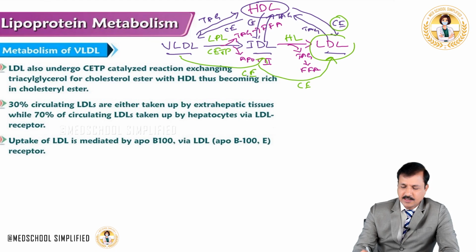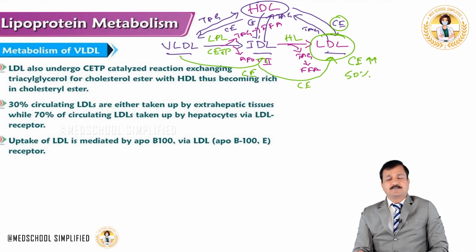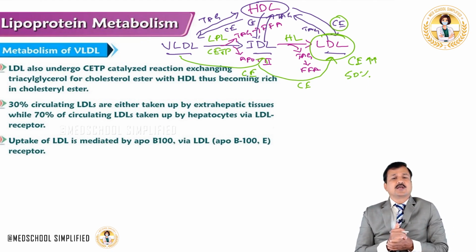So by the time LDL is made, LDL is super rich in cholesterol ester. That's why 50% of the lipid in LDL is cholesterol ester. So all these reactions help in the formation of